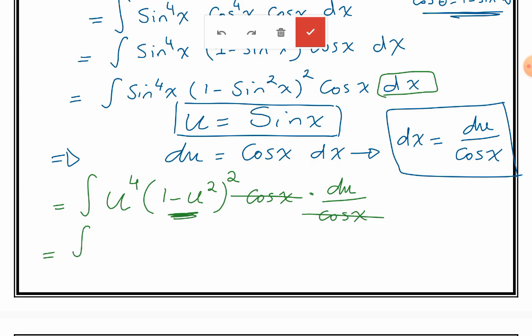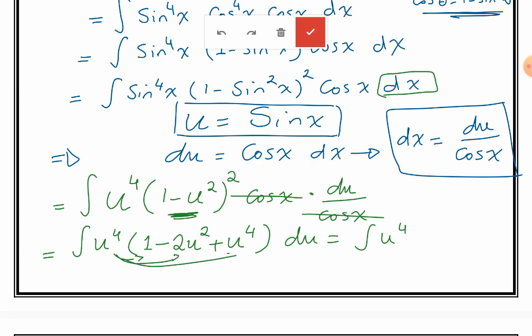The expansion is 1 squared, the first, then multiply first by second by 2, which is negative 2u squared, and then plus square the last, u to the power of 4 du. So I have u to the power of 4, which is distributive property, minus 2u to the power of 6. We add exponents while multiplying, plus u to the power of 8 du equals